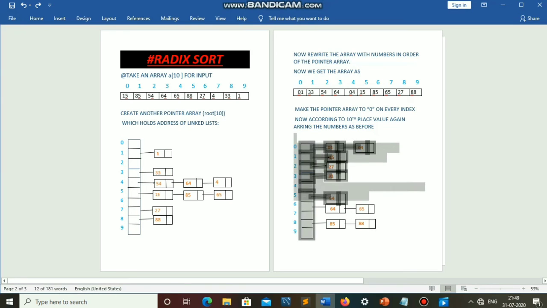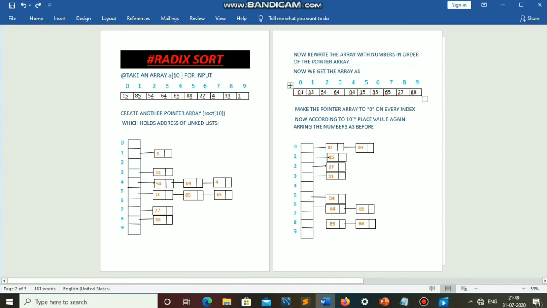With the 0 index, the tens place is 0, so it goes into the 0th index, 01. Next, the element in array A which has 3 in its tens place goes into index 3 in the root array, which is shown like this. Like this we do it for every index in the array A. Then we get a root array like this.